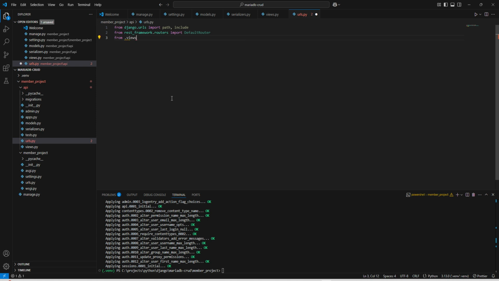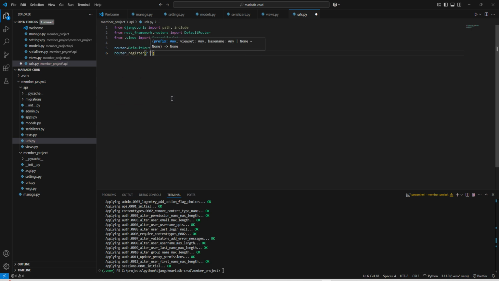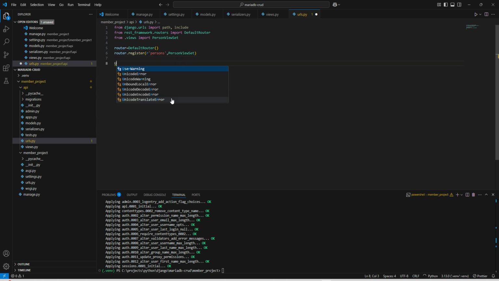And next we are going to import our view, which is PersonViewSet. That's it. Now we need to create our router, which is a DefaultRouter. Next thing, we need to register our view set with the router, and we can register it using a persons endpoint, and after that we can use our view set, which is PersonViewSet. And finally we can add URL patterns,